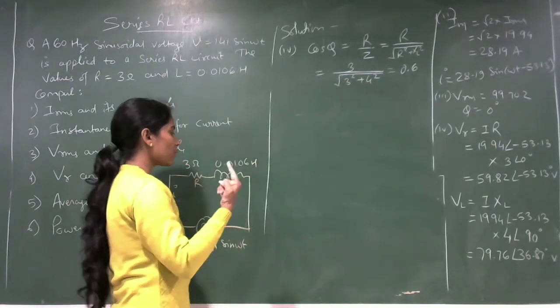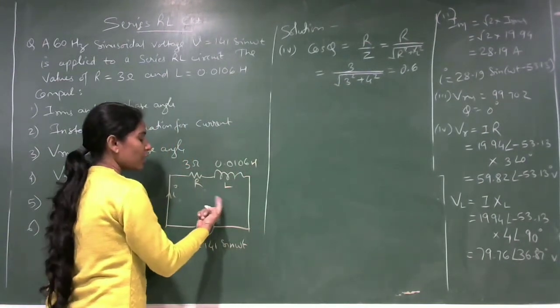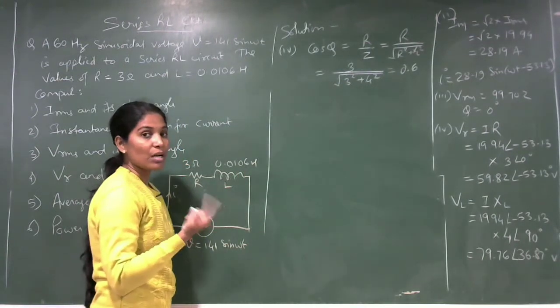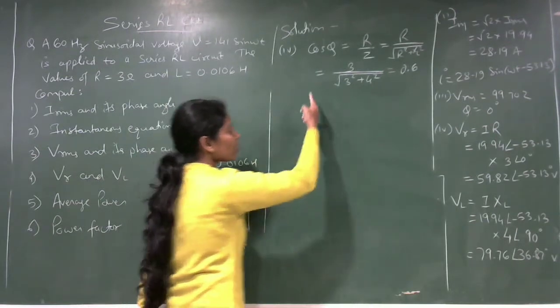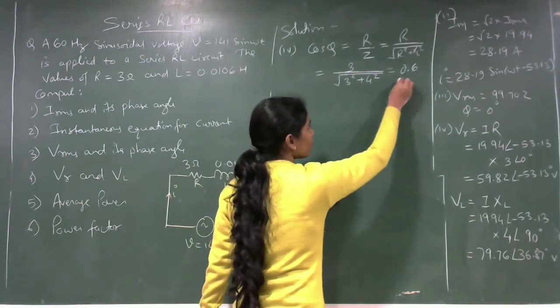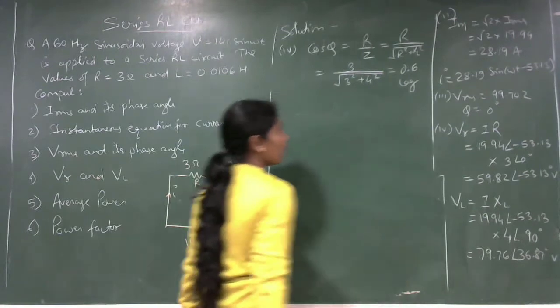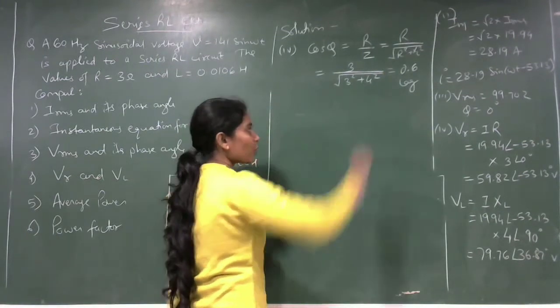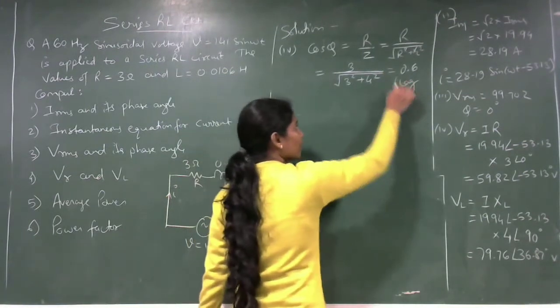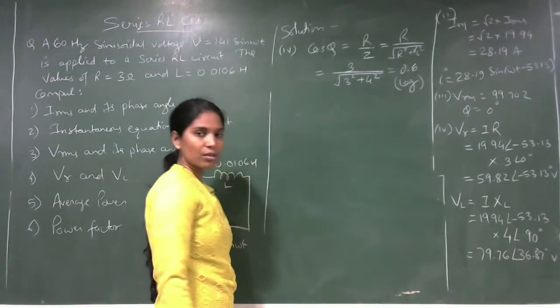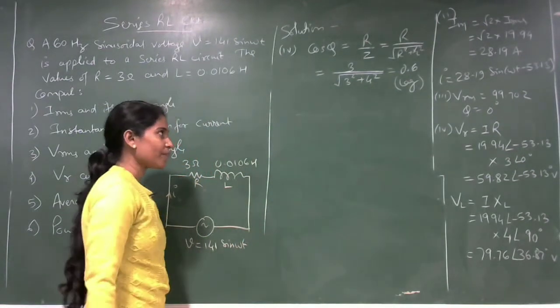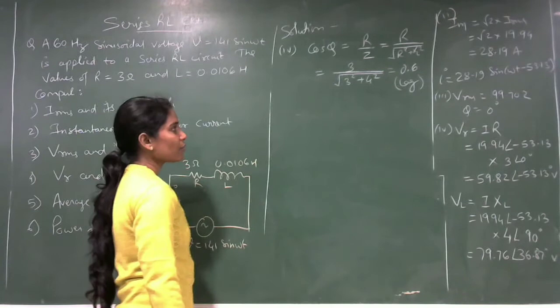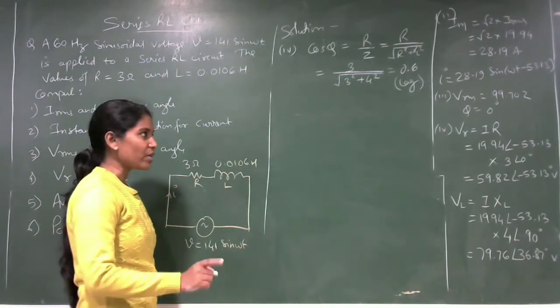Okay, and we know that we are working on series RL circuit. That means the current nature will be lagging. So whenever you are representing power factor value 0.6, you have to represent that it is lag. So write the answer as 0.6 lag. We have to mention this. Lag means we are working on inductive circuit. Okay, so this is the cos phi term. Now what will be the active power? That is VI cos phi.